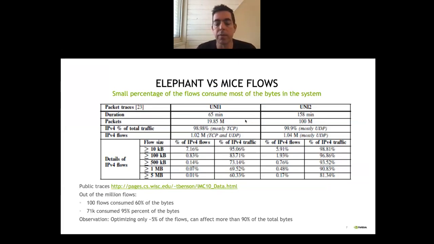Okay, the area of networking or network behavior was studied a lot in recent years. I'm going to show you a few papers, focusing on elephant and mice flows and locality. In this paper, the authors have public traces that were taken on an ISP network. And what they did, they split the traffic into TCP or UDP flows, 5-tuple,